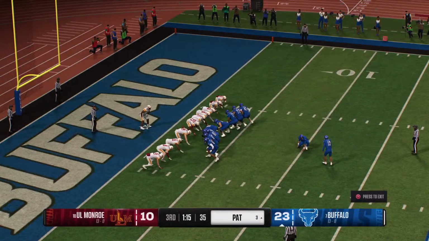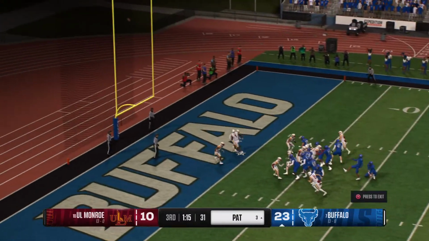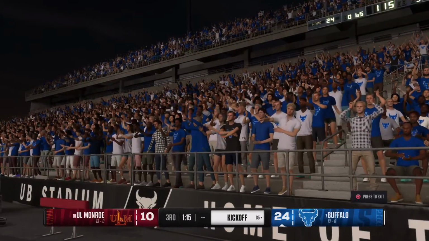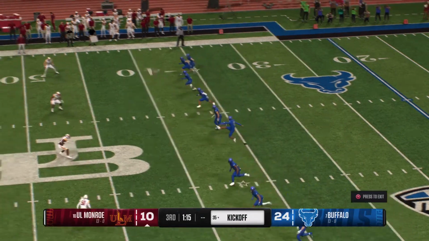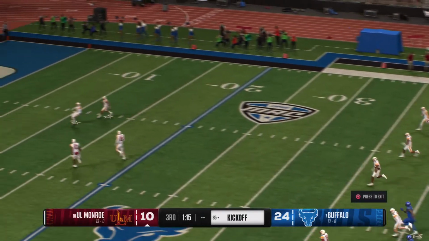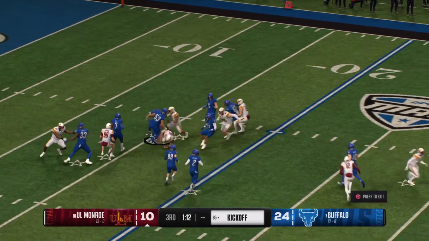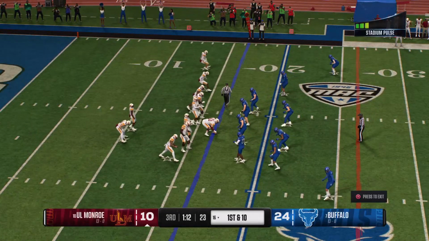And they'll set up for the PAT. And the kick is up and good. They tack on a point to their lead. Here's the kickoff team. Let's see if they give the returner opportunity to bring this back. Return starts from inside the 5. Solid job by the coverage team. They bring him down at the 16. The UL Monroe offense